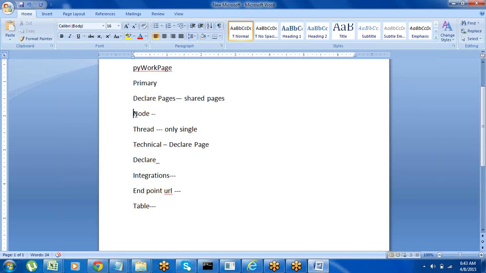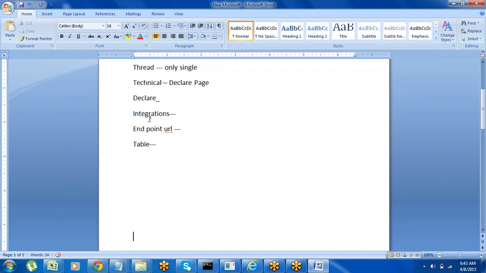node level pages. When they use the node level page, it is not only available from the same activity, they can open it from any activity. So whenever they click on or run any activity, they can automatically open the node level page from the clipboard option. I'll show you practically.